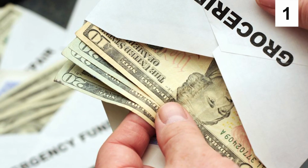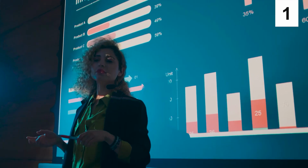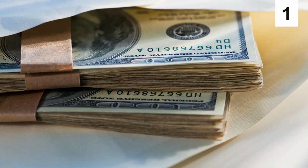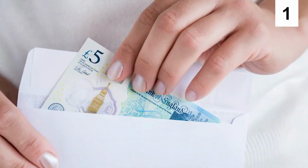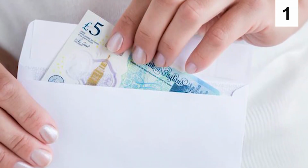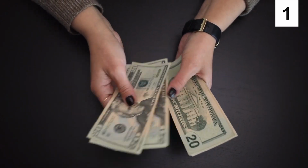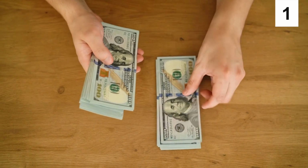For instance, setting aside that sum of money in cash each time you receive a paycheck in a separate, clearly labeled envelope might help you achieve your goal of saving a specific amount each month and putting that envelope out of sight. Alternatively, if you want to utilize cash stuffing to better control your spending, you may set aside a certain amount of money each month for necessities like food and gas,